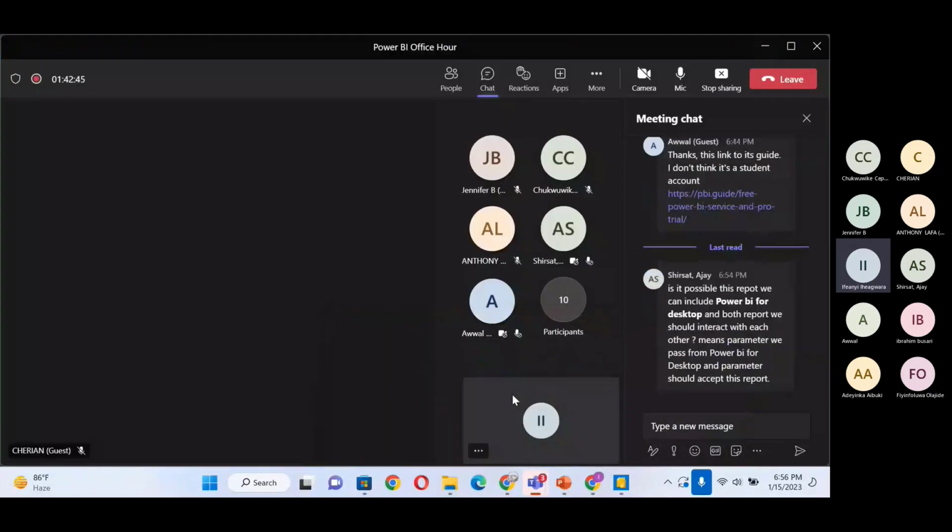So I don't know if there are any questions. Is it possible to include Power BI Desktop so that both reports interact with each other? Meaning, parameters we pass from Power BI Desktop, and parameters to accept in this report? Okay, no, so